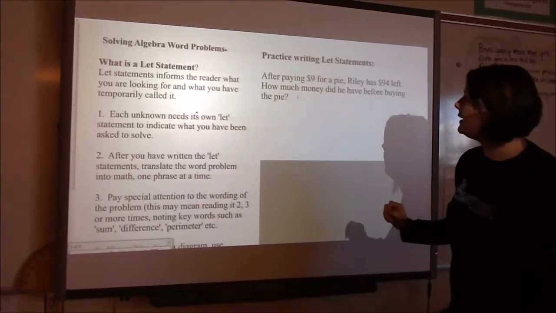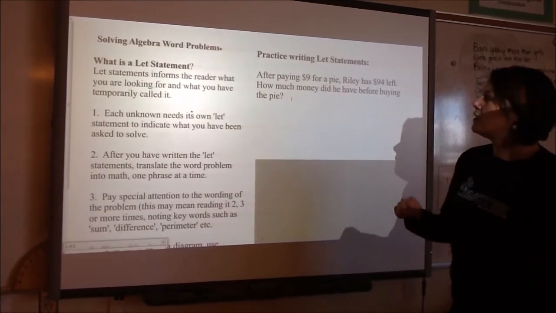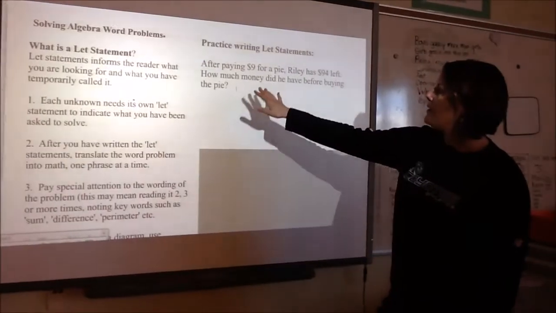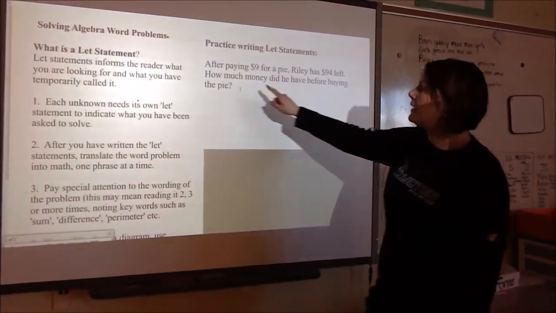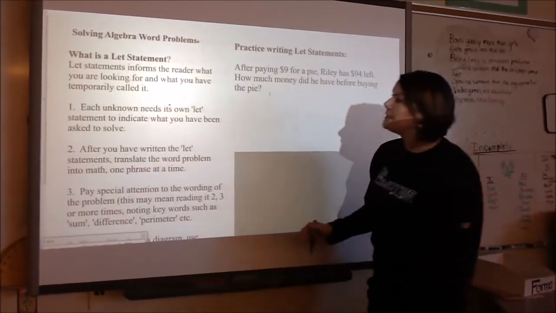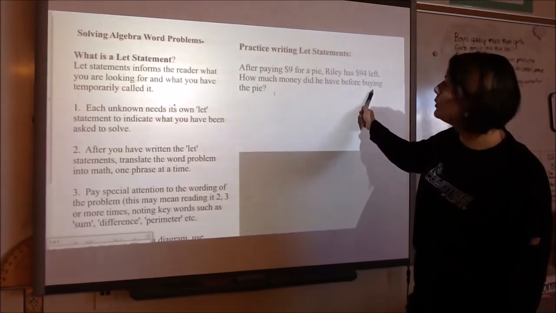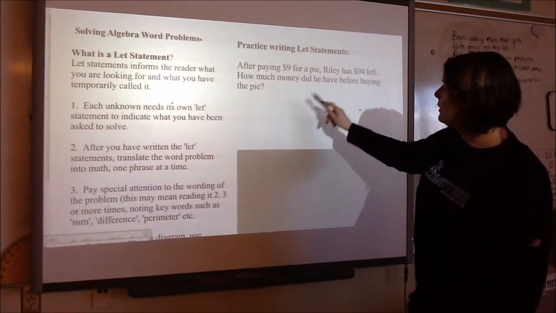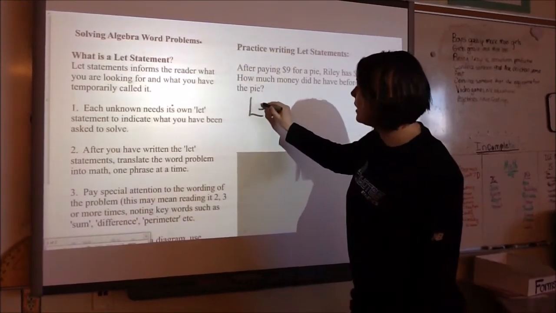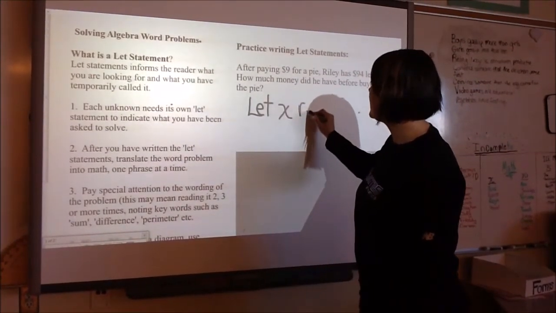After paying $9 for a pie, Riley has $94 left. Now, how much money did he have before buying the pie? So looking for the let statement, we need to find out how much money he had before buying the pie. So automatically, that's what our let statement will be. So let's let X represent